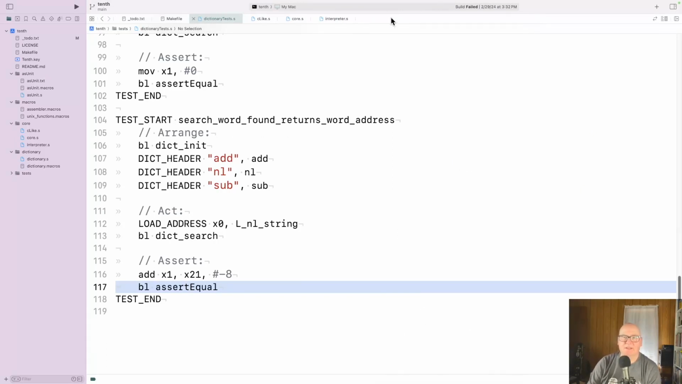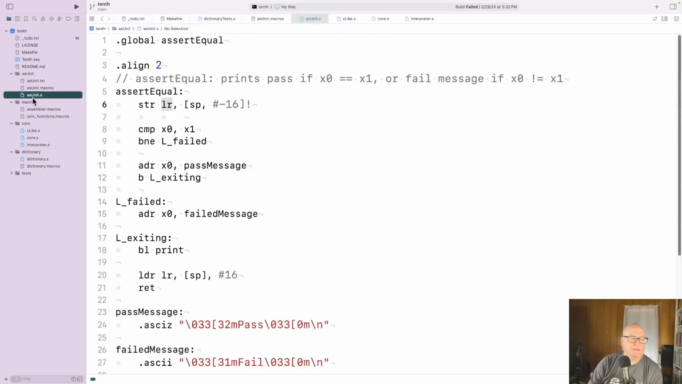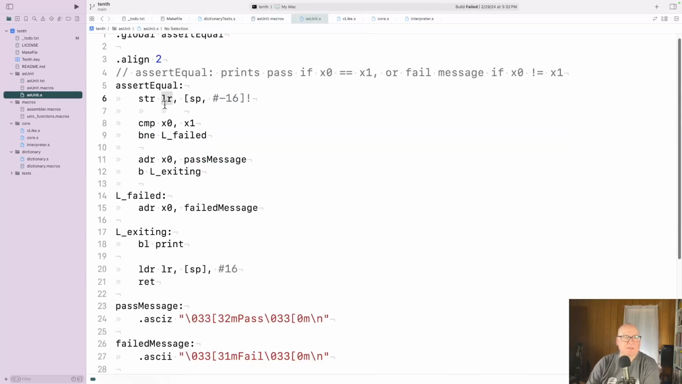Okay, I think I'll just close this window. Our macros and our assertions. Okay, so assert equal. It compares and it prints a fixed message, pass or fail. But really, if I fail, I would like to have more information. And I don't know if we,